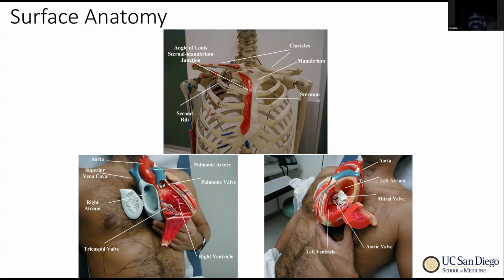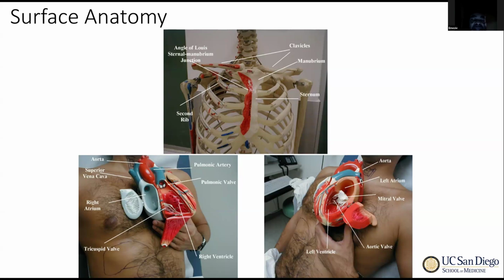So every counting that we are going to do when we're assessing the apex beat, we are going to start at the second intercostal space, because we don't have access to the first intercostal space. So we are not going to count or check the first intercostal space. We are going to palpate that manubrosternal junction. When you watch the video, you will also see that is where the counting will start. They will just palpate the angle of Lewis, and the next intercostal space, just lateral to that junction, is the second intercostal space. So we'll start there. We'll count 2, 3, 4, 5, like that,